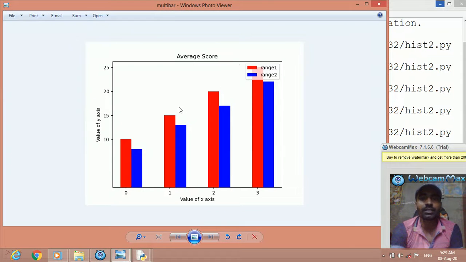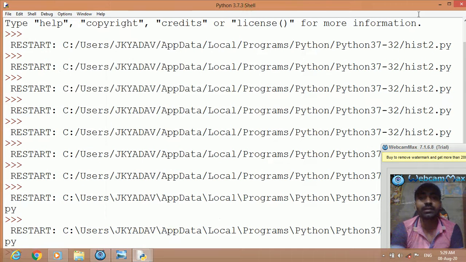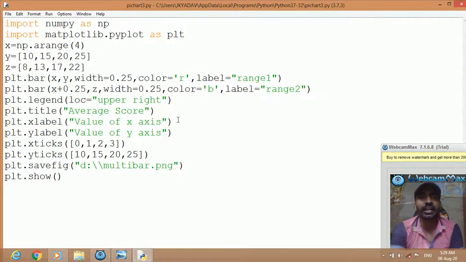Now you can see this multi-bar chart has been saved in the form of an image, PNG format. So this is the way we save our chart or plot in different formats in different locations.